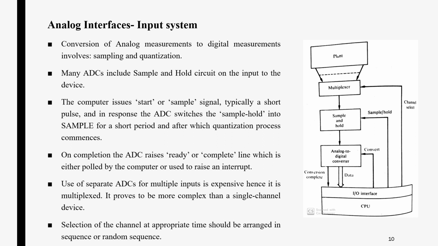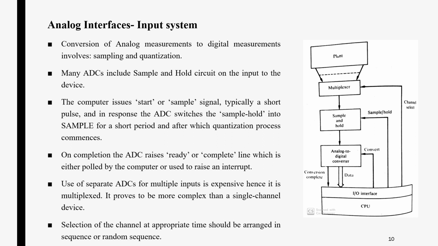If we are measuring multiple quantities from the plant, and we use a different sampling and hold circuit, that is, an analog to digital converter, for each one, where analog sampling and quantization is nothing but analog to digital conversion, it is not at all worthwhile. The cost of the plant interfacing will be more. That's why we go for a single analog to digital converter, and the data taken from the plant can be